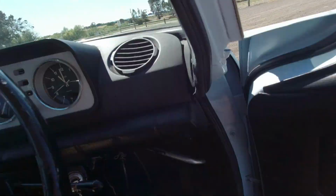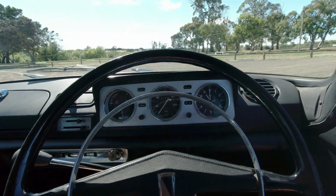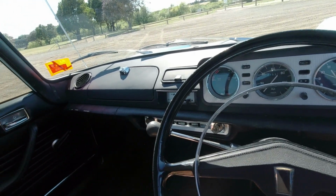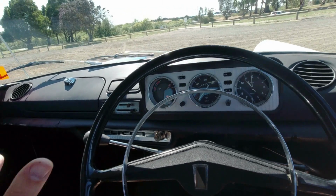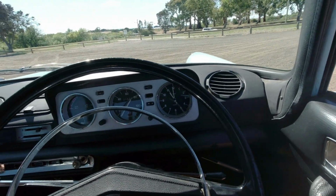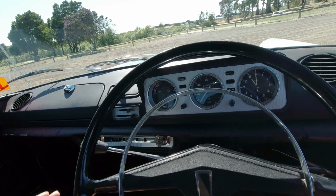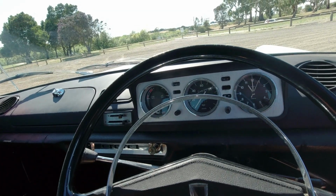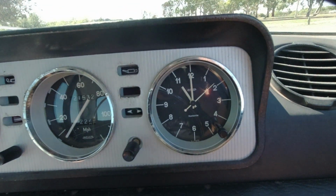If we jump aboard and get rid of these blooming flies, because Australia, here is the interior. A very simple interior, and this is where things do differ somewhat from the BMC cars. This all looks a lot more modern, and it's not vastly different to how this model came out in 1960. I think this binnacle is slightly modified, effectively a facelift item, but you'll notice we've got a Jaeger clock which